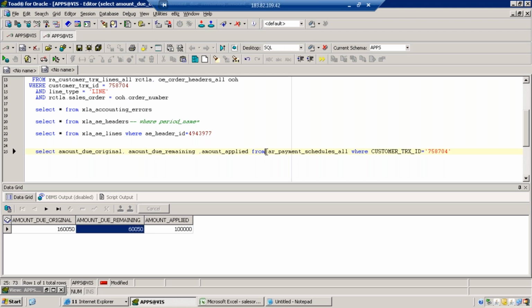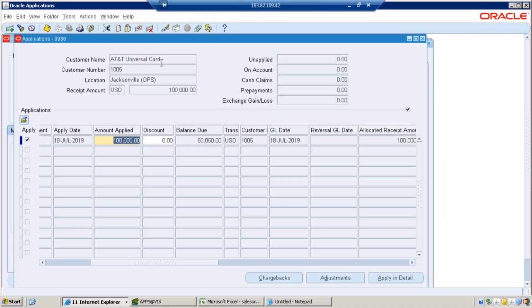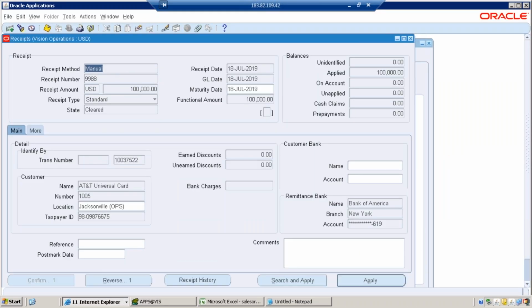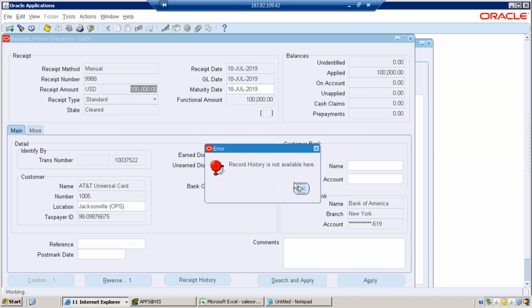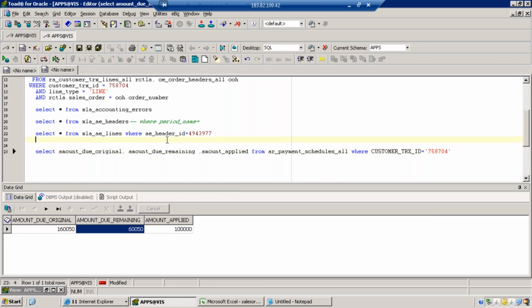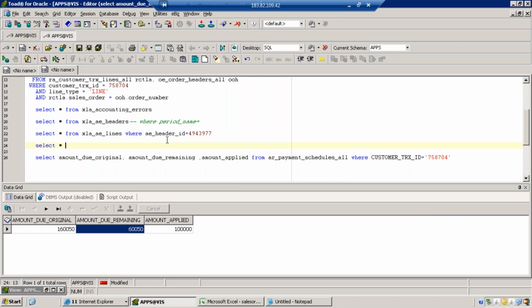Now you can see. We were supposed to get 1,60,050, but we got only 1 lakh, and this is the pending. So this is the way we can decide. This table only you need to remember, AR payment schedules. If you want to know the receipt number and method and amount and all, there is another story. Another table is there. It is not showing, but the table name is